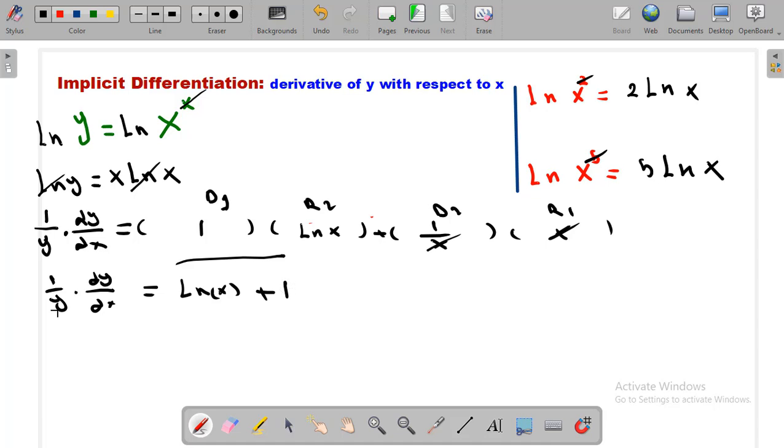Now multiply by y on both sides: dy over dx equals y, come here, y